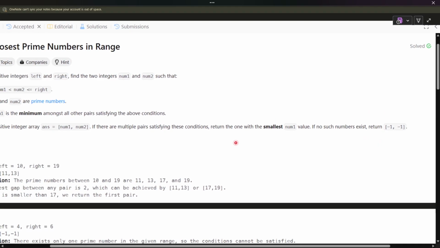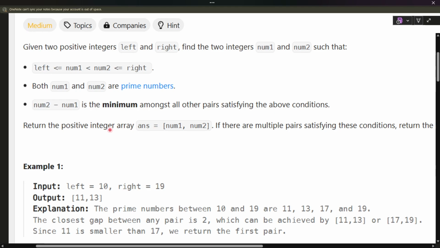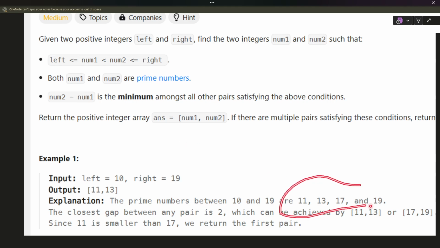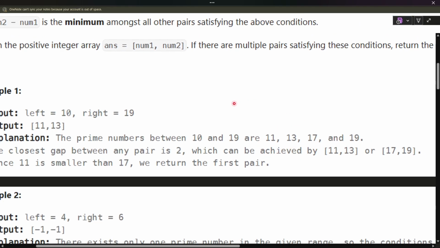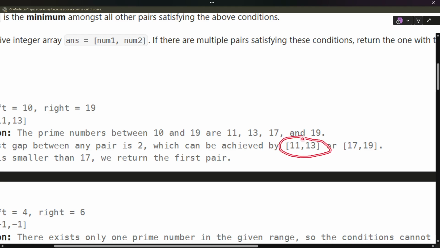Let me just explain the problem. We have been given a left and a right integer value, and we need to find all the prime numbers in the range. Here, as you can see, are all the prime numbers in the range, and we need to return the pair which has the smallest difference between them. In this case, 11 comma 13 has a difference of 2, and 17 comma 19 has also